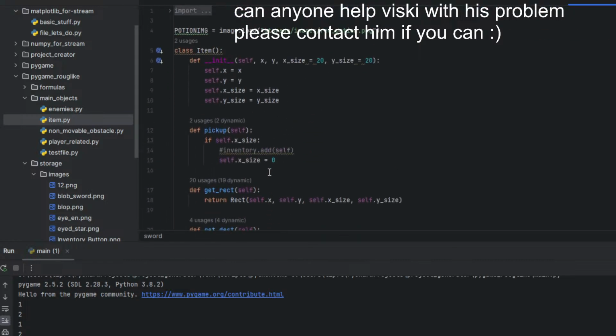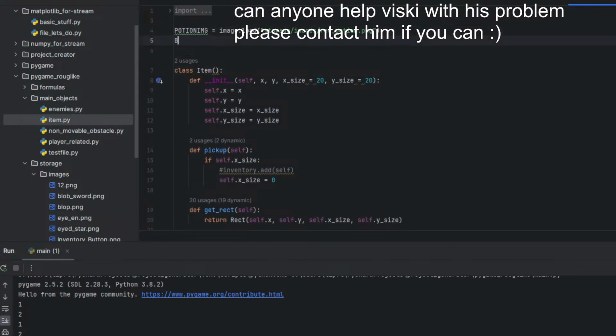So items. Blob sword image equals image.load sword PNG.